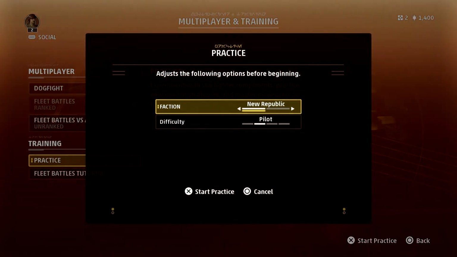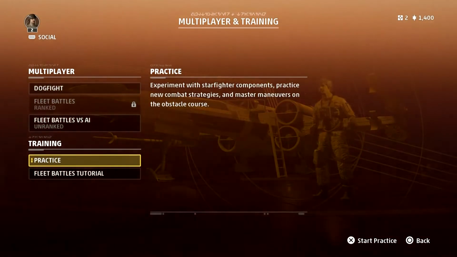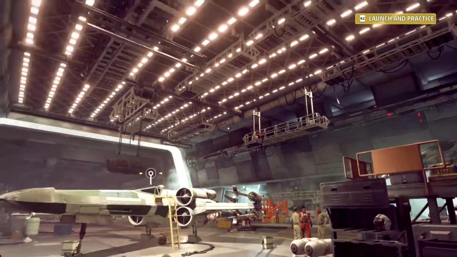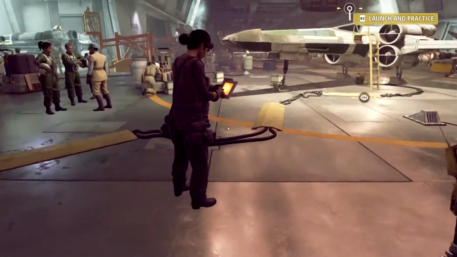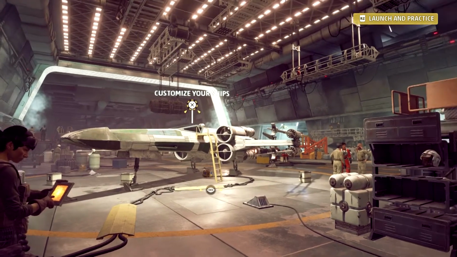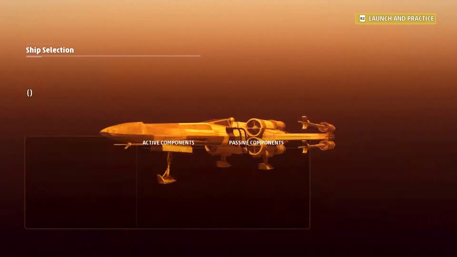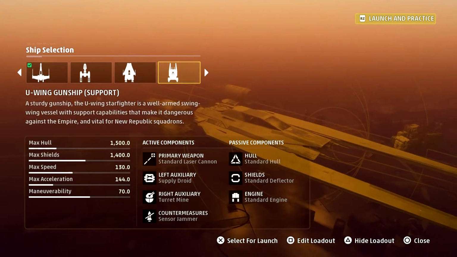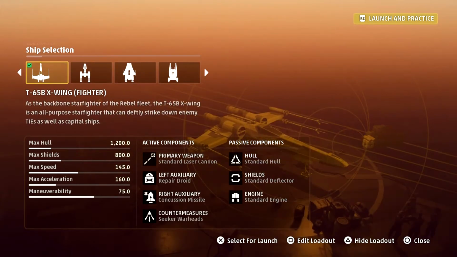Today we will be covering Star Wars Squadrons on the PlayStation 4, played on the PlayStation 4 Pro. I don't know what the graphical updates or upgrades are from the base PlayStation, because I downgraded it to 1080p. I will say I've been playing this game in HDR, so when I had to turn it off in order